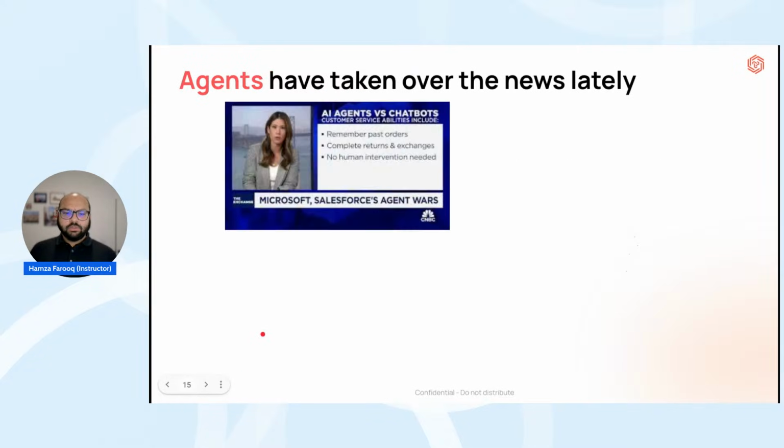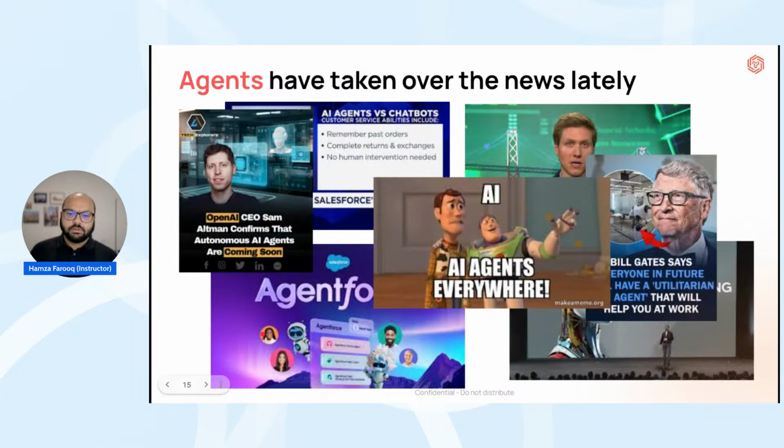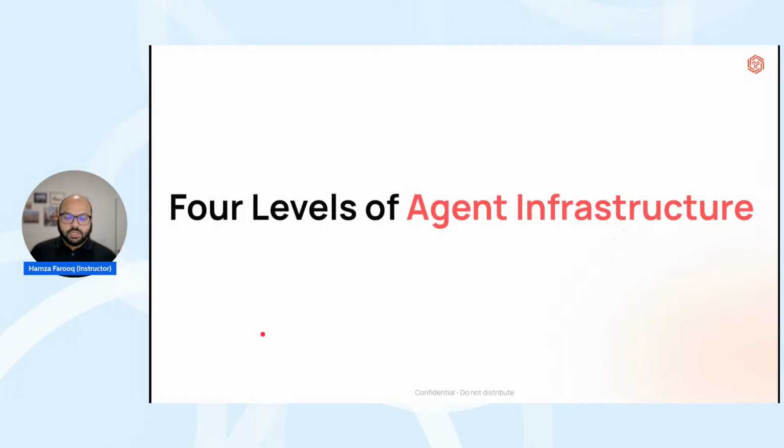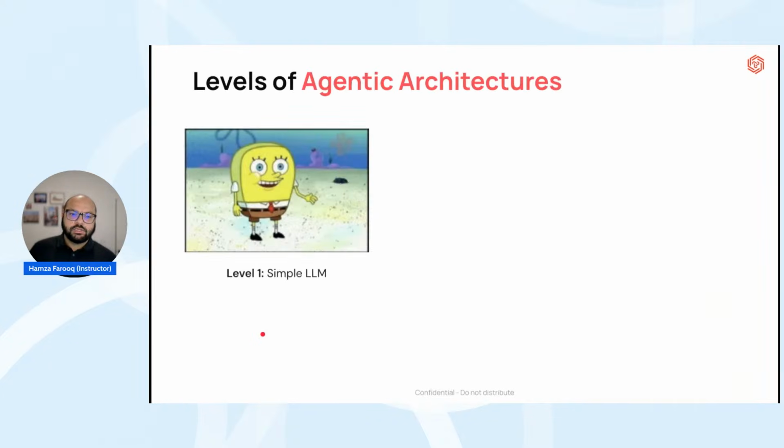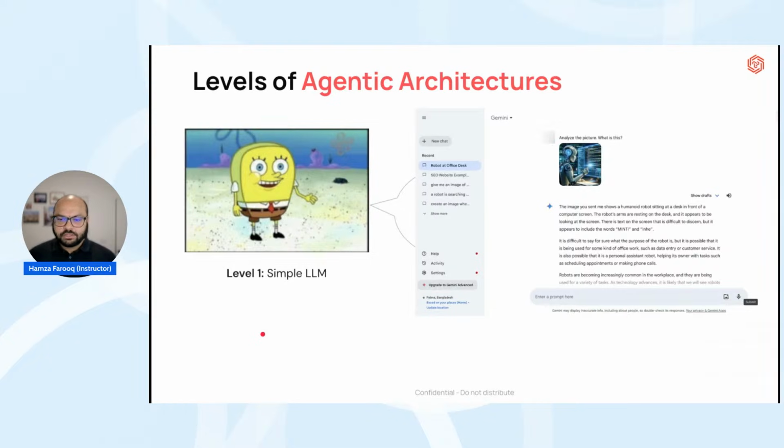All right, so we know that agents are everywhere. In the first class, we talked a lot about agents. What I want to do is get into the agentic architecture that we covered in the first class, just a recap on that. The first one is basically a simple LLM behind the scenes, such as ChatGPT or something like that. Although ChatGPT has a lot of different building blocks now. However, simply put, ChatGPT basically is an LLM-powered ecosystem with a bunch of tools.